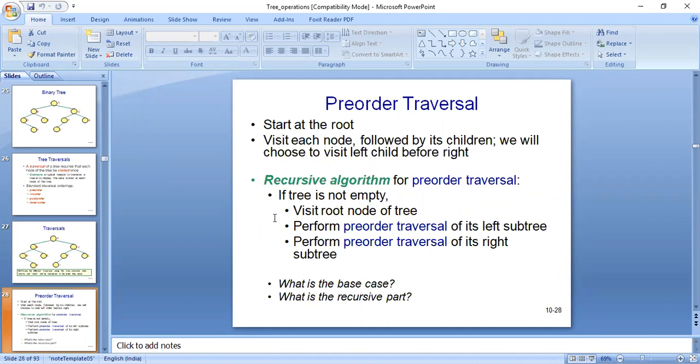So pre-order means we will traverse the root node first, and then we will visit the left node and then the right node. This order is termed your pre-order. Recursively, we access first the root node, then the left subtree, then the right subtree.